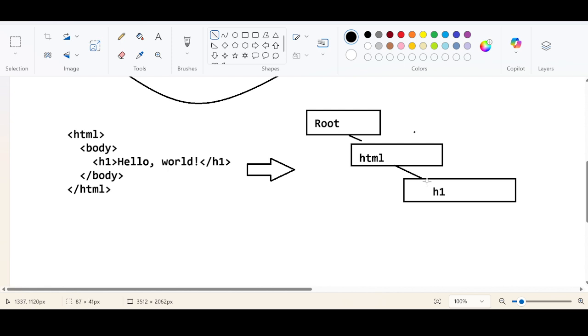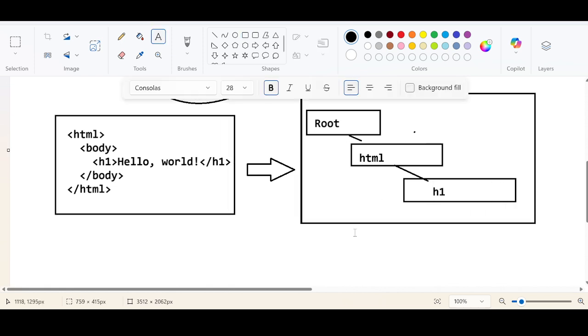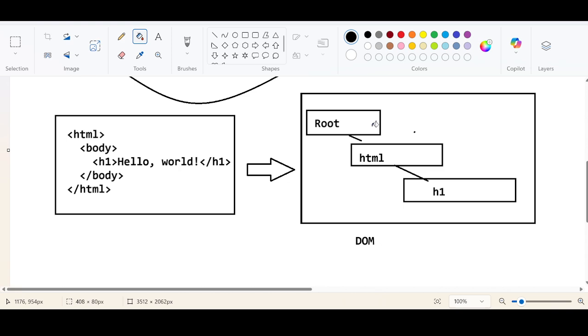This hierarchy will be given to the Chrome browser, which is going to convert the respective HTML code to a model called the Document Object Model, DOM. This document object model is going to have a hierarchy that starts from the root node, and from the root node it is going to navigate between the HTML tags. For each and every tag, it is going to